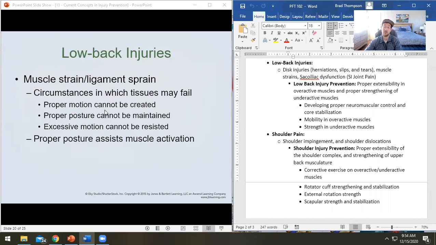But you'll see muscle strains and muscle and ligament tears and things like that, and it'll happen sometimes when you get a back spasm. That usually occurs because proper movement doesn't occur, and so then you overstretch something, and then your nervous system goes, whoa, overstretch, and so then it, oh no,